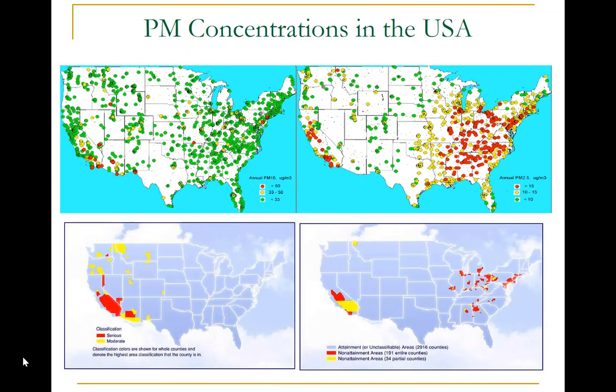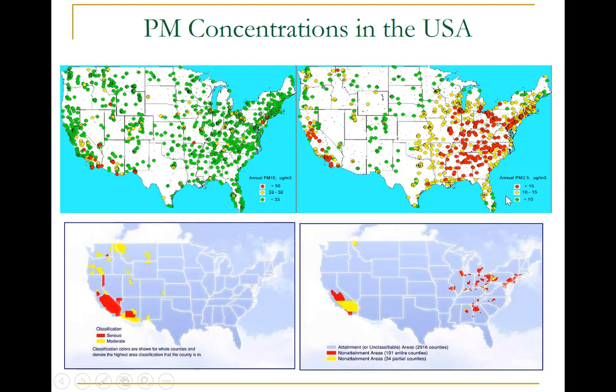In the US, fine particle is a major problem. To the right, we can see all the places that are in red that show a significant amount of fine particle concentration in the air, and the green are areas where fine particle exposure is relatively safe. Whereas on this side, you can see all the places where PM10, which is fine plus coarse exposure, is being measured in cities. So this is a summary, PM2.5 here and PM10 on the bottom here.